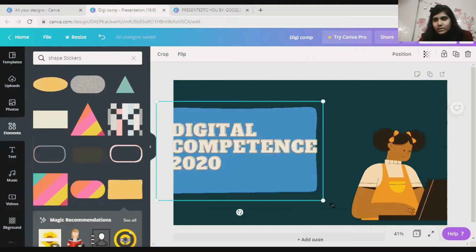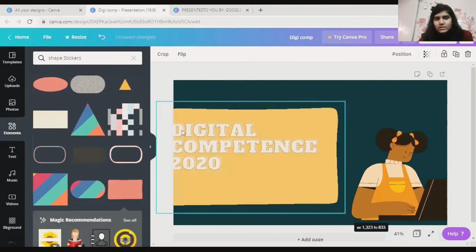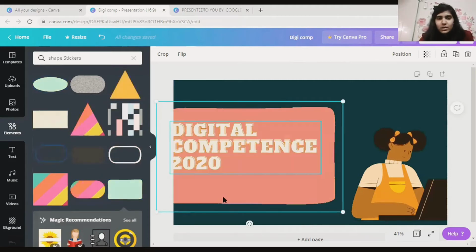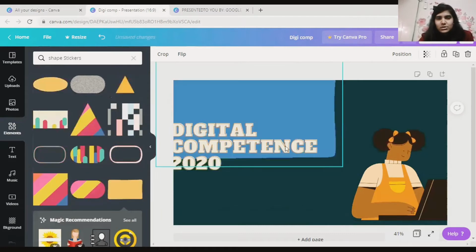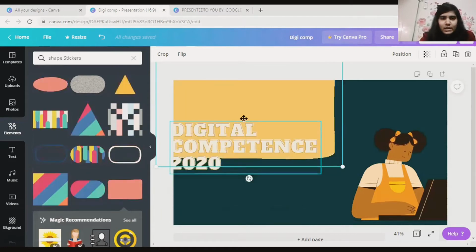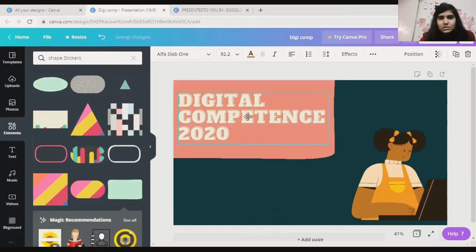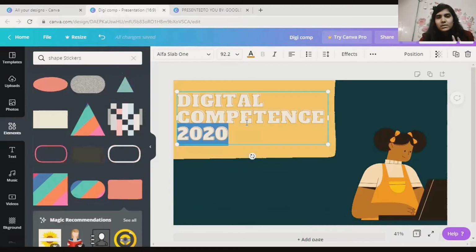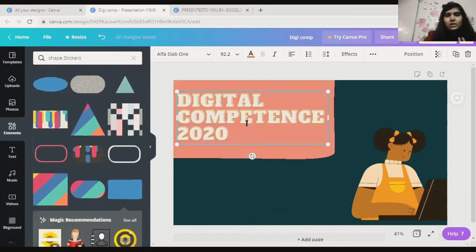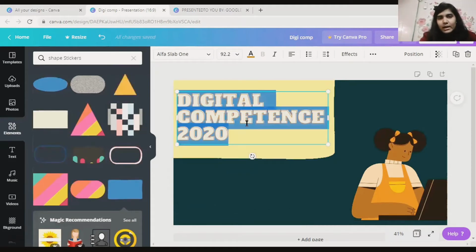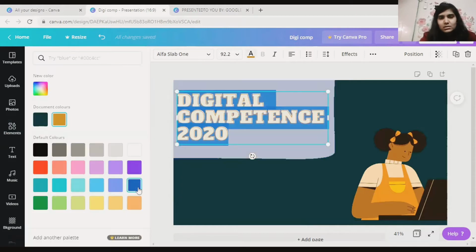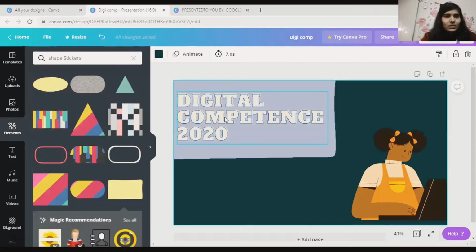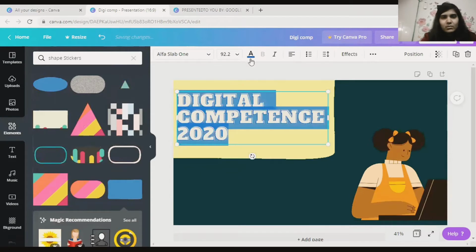And okay, after increasing the size, I think now it is fine, but it's just not in the middle. So what I'll do is, if I want to shift it up, okay, I'll shift it to this. Now you can see the color of the words are not very visible with the lighter background. So what I do is Control A, the color, and change it to a darker version of it maybe, right? So now you can see it is more visible.